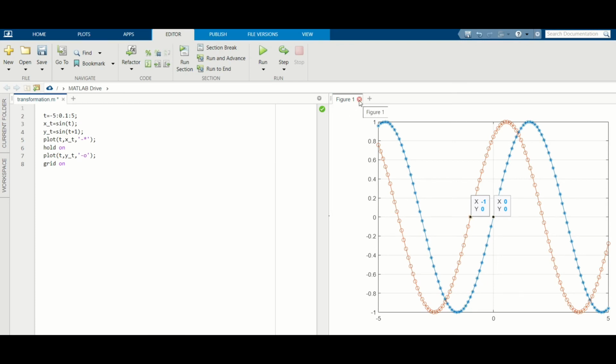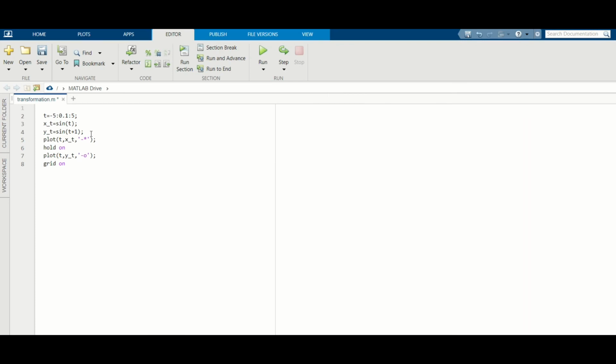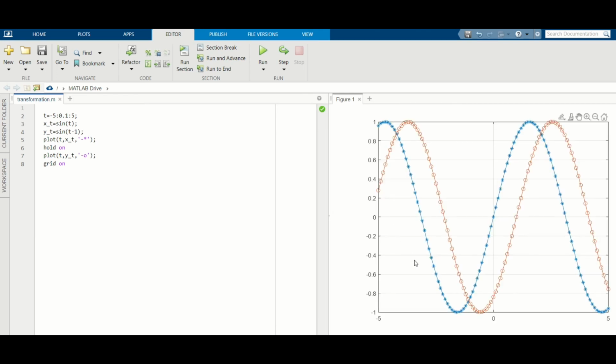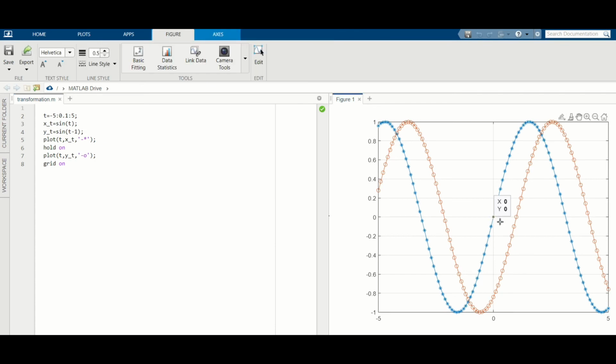Now we'll close this figure, and now we'll just make a small change, that is t minus 1. So I think you are a bit clear right now what will be the output of this transformation. And when you see the output, this is it, you guessed it right, the function will advance by one step. So earlier x equal to 0 comma 0 now becomes x equal to 1 comma 0.